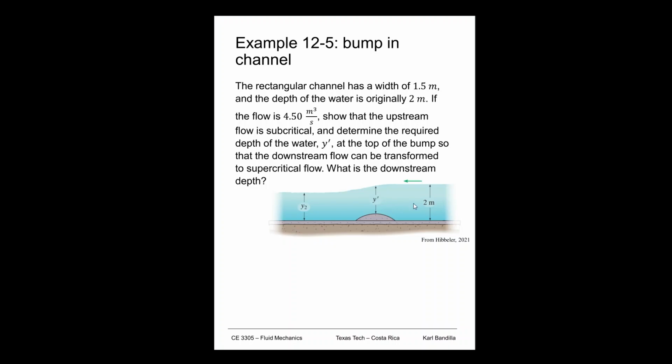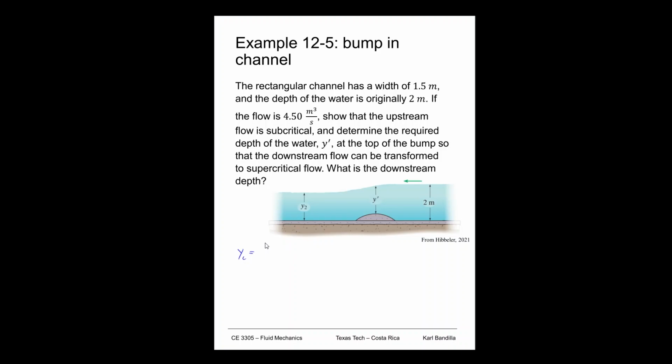And then we're asked, if the flow upstream is, to make sure that it's supercritical, we need to know what the height at y prime is to transform to supercritical flow, and then also what the depth at location 2 is. Now to check if we are supercritical or subcritical, we can start out by finding what the critical depth is. So we can say